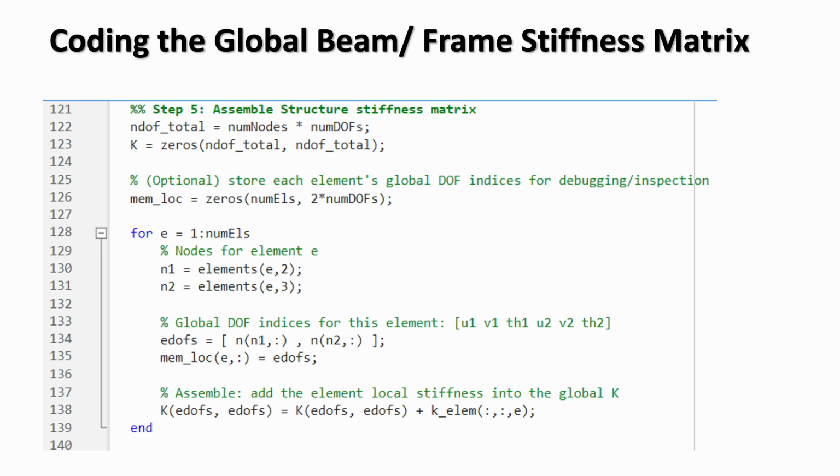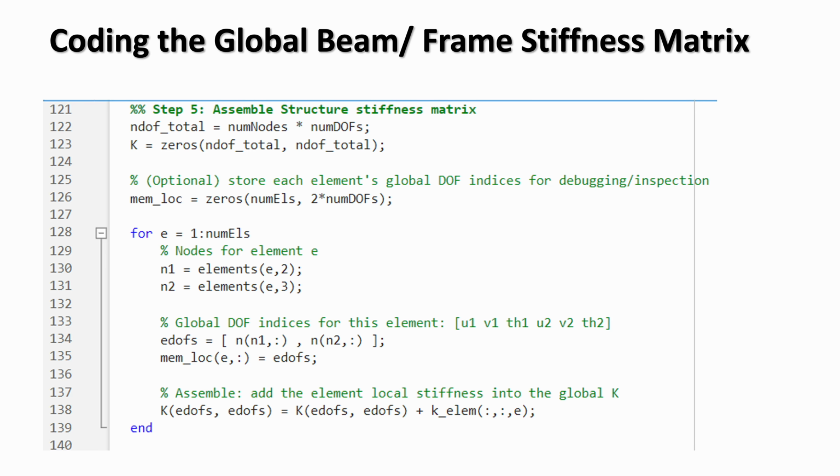Each row will store the 6 degrees of freedom indices, 3 per node, associated with an element, which can be useful for debugging or inspecting assembly. We then write a loop that goes over each element in turn. In the loop, we read the 2 node numbers of the element, E. Using the degree of freedom map, N, which we built earlier, we collect the global degree of freedom indices for